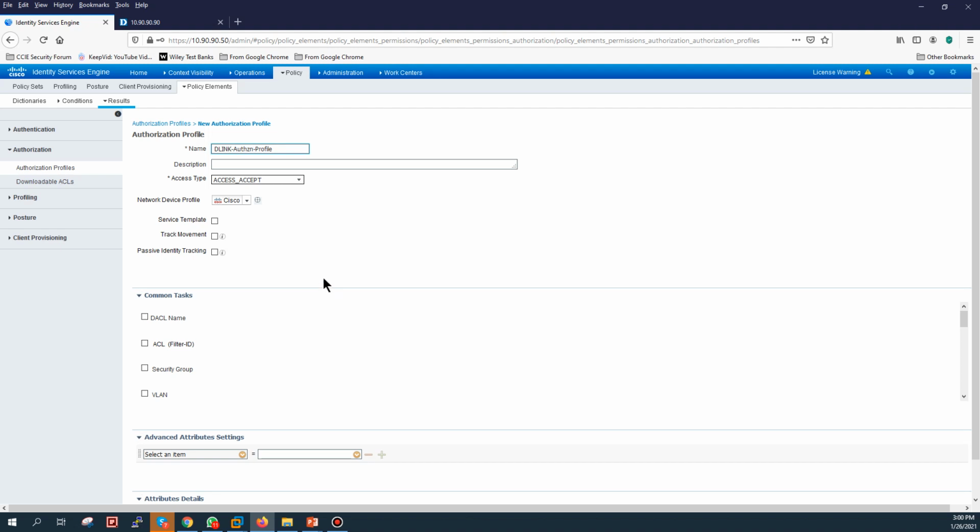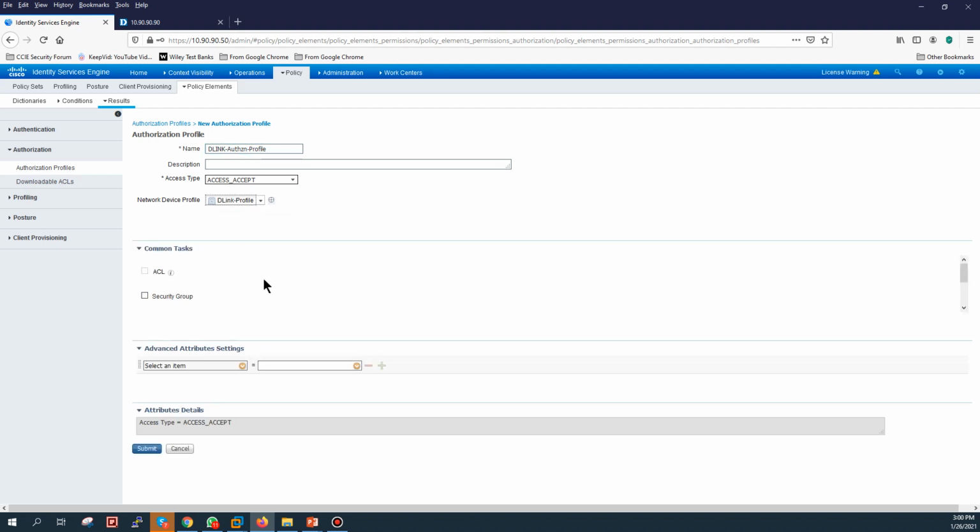I'm sorry. D-Link AUT authorization profile. Access method is access accept, and I will just choose my D-Link profile here, and I'm not going to touch anything here. This is just a default simple profile. Okay,